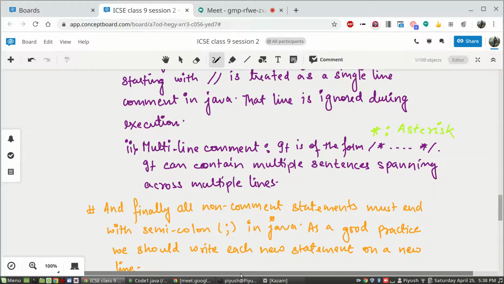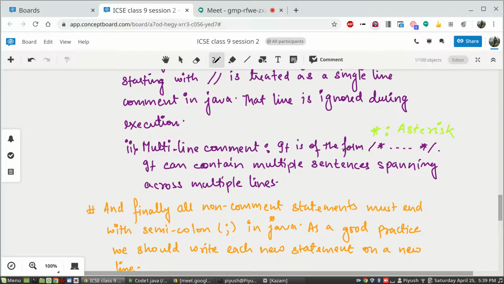That means those comments will start in one line and span across more than one line, and whatever you write between those markers of a multi-line comment will be ignored by Java. If you have a lengthy explanation for your code, you will use a multi-line comment and not a single line comment. Single line comment is only for one-liner information or short logic. If the logic is long and you have to inform something to the person who is reading or reviewing your code, then you will be using multi-line comments.